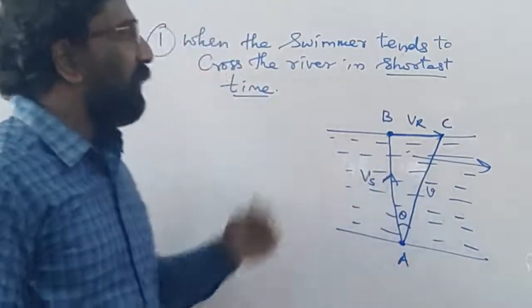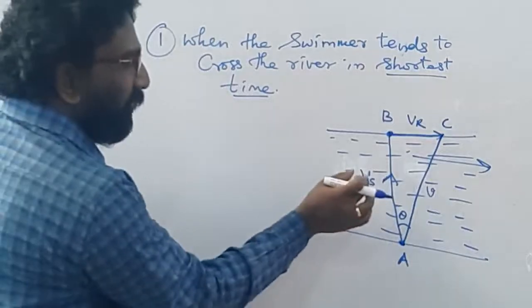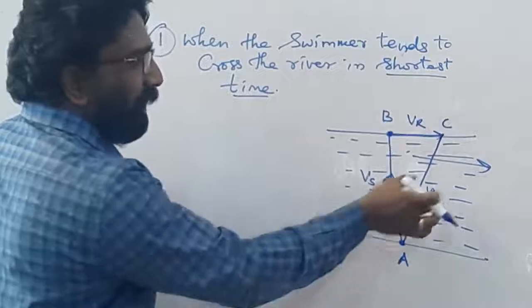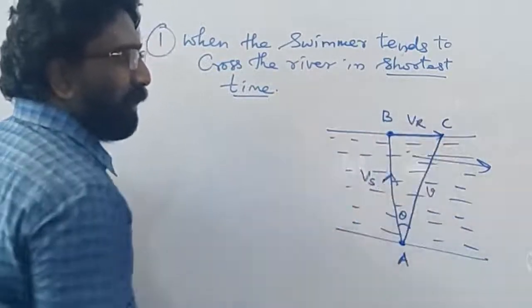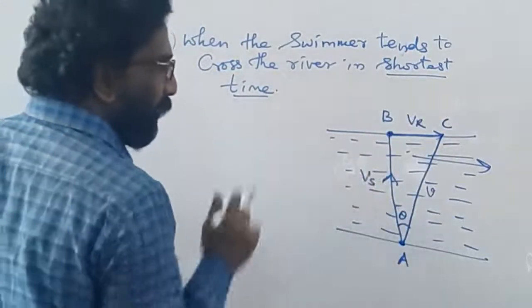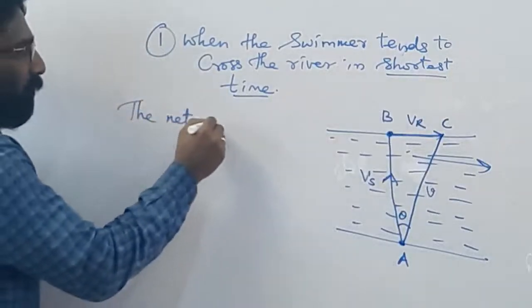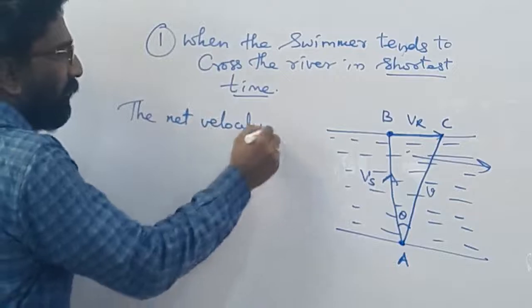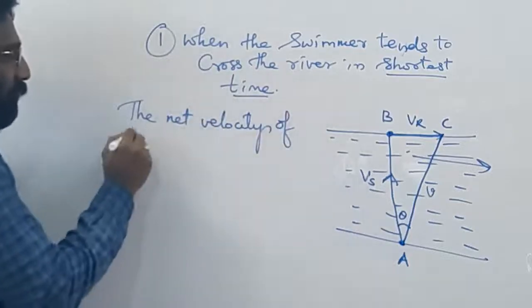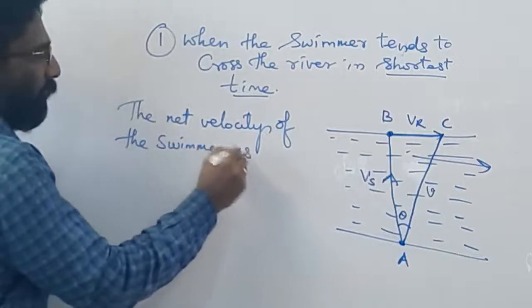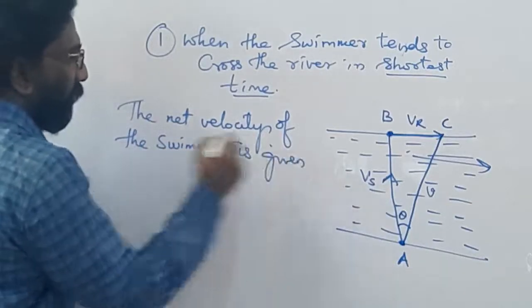If this is the case, then what happens now? What is this Vs? Vs is the velocity of the swimmer, Vr is the velocity of the river, and V is the net velocity of this particular swimmer. So now, if this is the case, then the net velocity of the swimmer is given by,